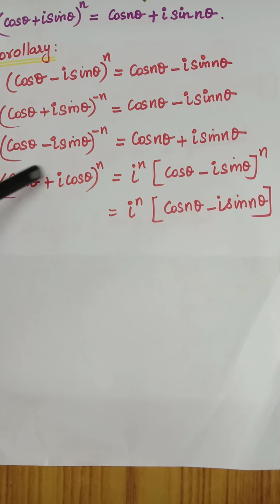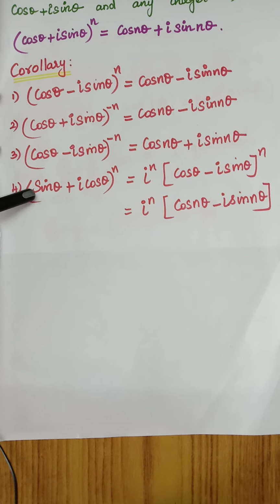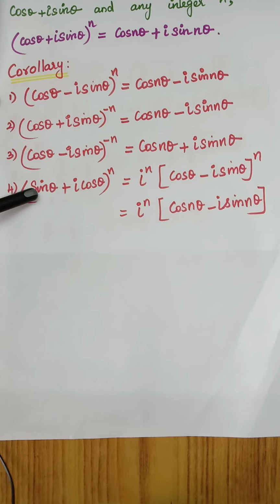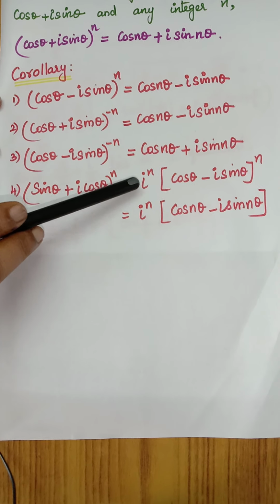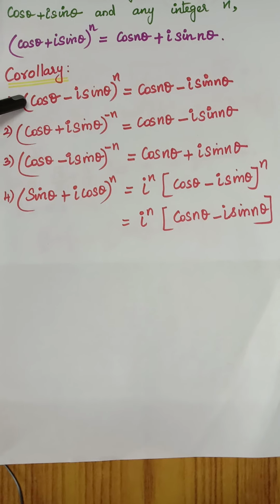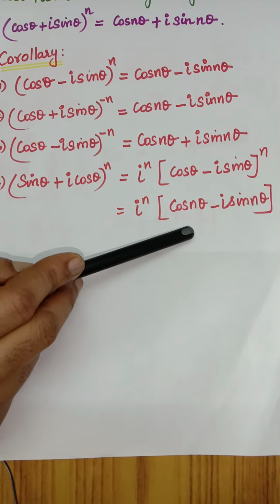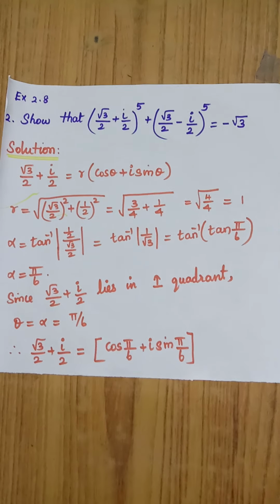Okay, so you can't apply De Moivre's theorem directly because the real part should be cos theta, and here you have sin theta. So from this term you have to take i out, and while taking i, you have to take it along with the power. So this term will become cos theta and this term is minus i sin theta the whole power n. So it looks like the first corollary, so we can apply De Moivre's theorem. Okay, so see now the problems involving De Moivre's theorem.